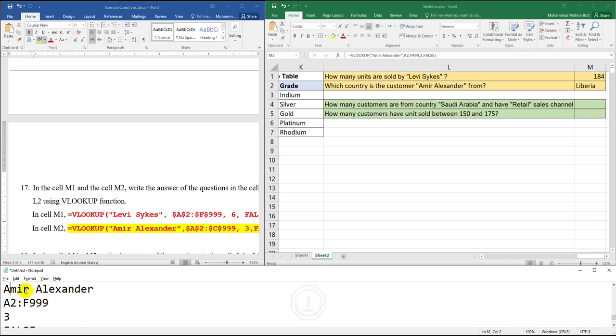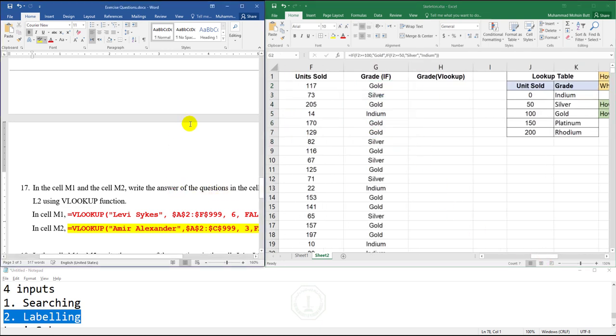And you have to be careful with the spelling when you are searching for a certain person. You have to be careful with the spaces. If you miss a space, it will not find it. So you have to be careful. So this is one method to use the VLOOKUP function, that is for searching. Another way to use this function is to label. When I want to label it,